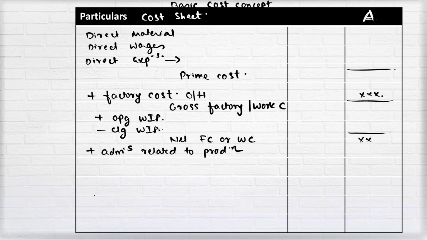Administrative costs that are related to production, like quality check. Research and development of a product might not be happening in factory, might be happening at some remote places, say in office. What you are doing, you are researching about your product, then it should be added to cost of